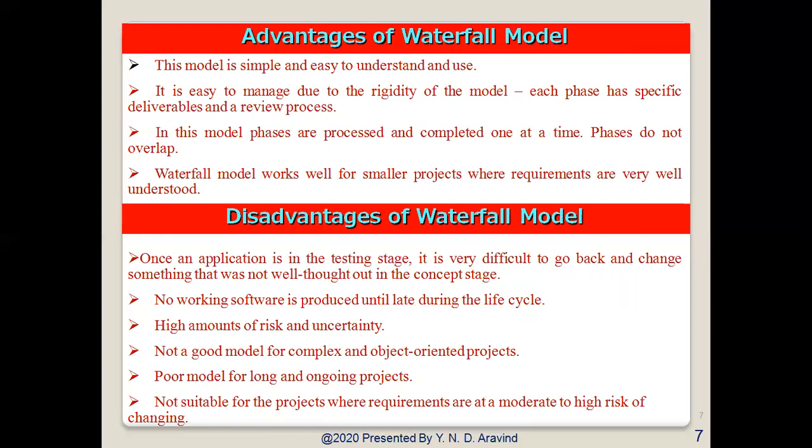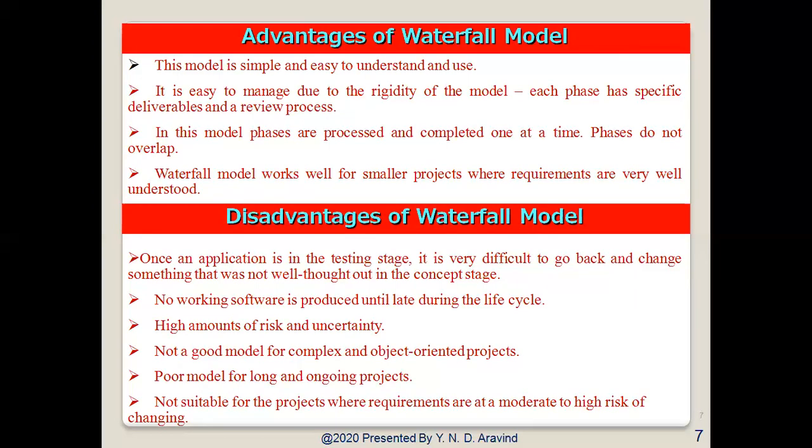In that kind of situation, we can use this model. And the orderly sequence of development steps and strict controls for ensuring the adequacy of the documents and design reviews